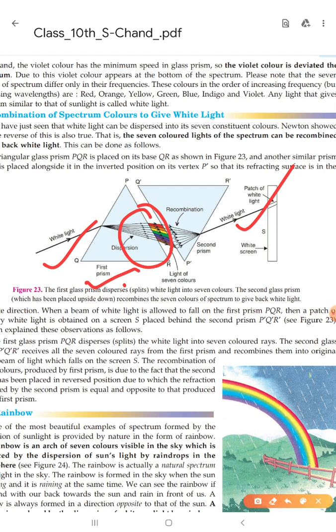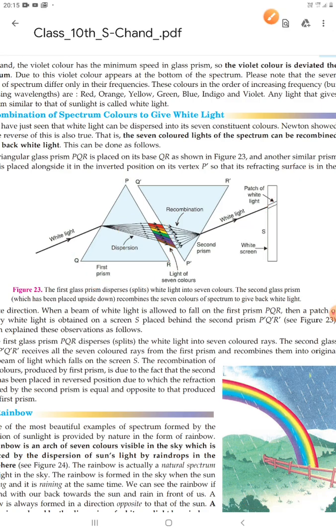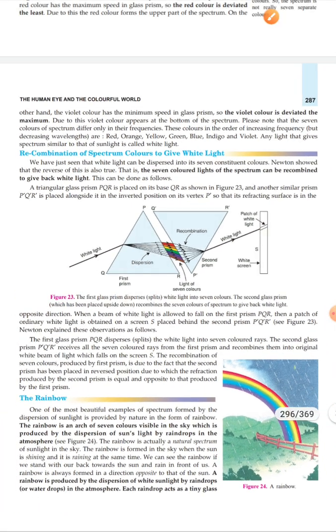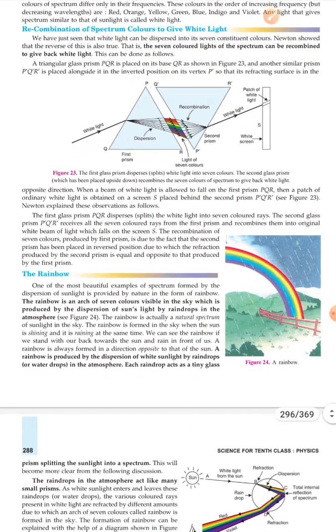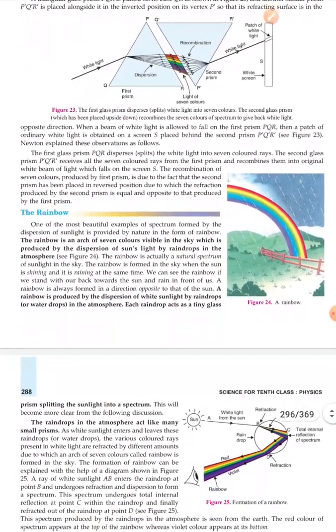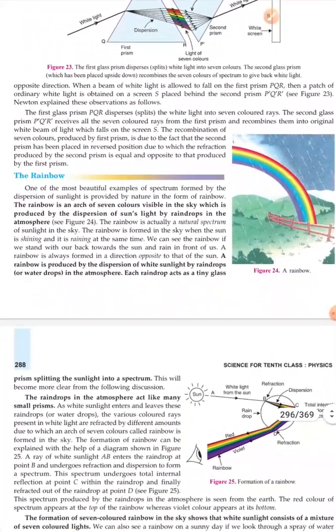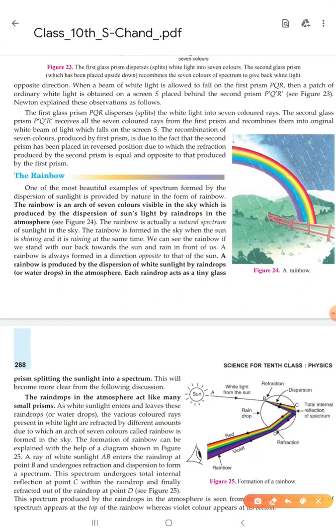Then it will combine all the light rays and we will get white light. Okay, so this is an important thing. And the example of that is also the rainbow. The rainbow is a very good example of dispersion. We have seen there are different colors. The rainbow is a combination of seven colors, you can say.